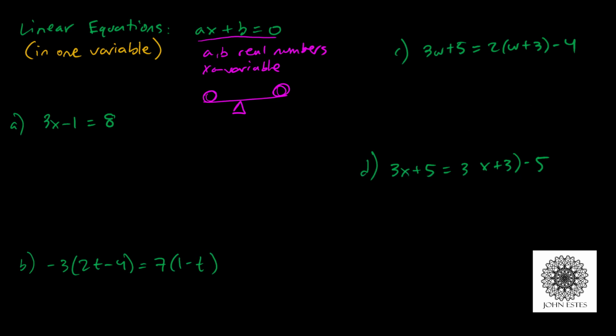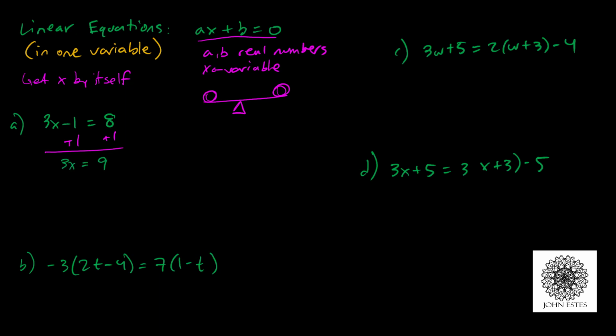So for example, in this first one, part A, we have 3x minus 1 equals 8. Okay, so the strategy is to get x by itself. To do that in this first one, I need to firstly get rid of the negative 1. So to do that, I'm going to add 1. But remember, if I do that to one side, I have to do it to both. So I'm going to add 1 on the left and on the right. And when I do that, I end up with 3x